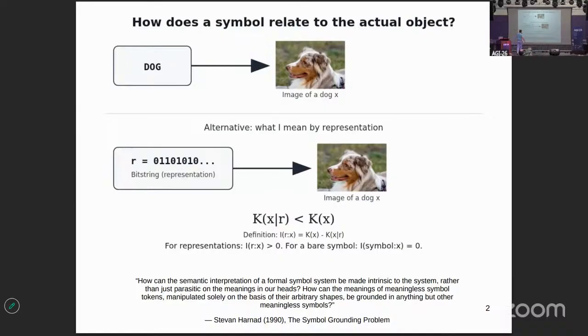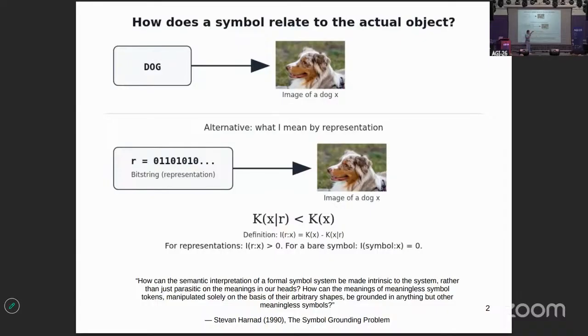Well, the alternative, a representation of an image of a dog, would be a bit string, where the image of a dog is also a bit string underneath. And when one bit string has information about another bit string, what do we mean by that? Well, it means that there is a relatively short program, like a Turing machine, that takes the representation and computes what it represents in an easier way than without the representation.